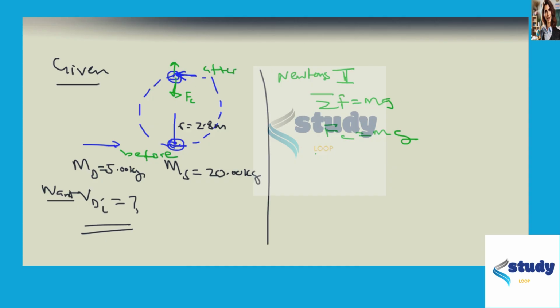After they combine, they have the mass of the sphere and the mass of the dart together. In terms of centripetal force, typically your centripetal force is mv squared over r. But on this one, when they combine, you get the mass of the sphere plus the mass of the dart, and then the velocity,